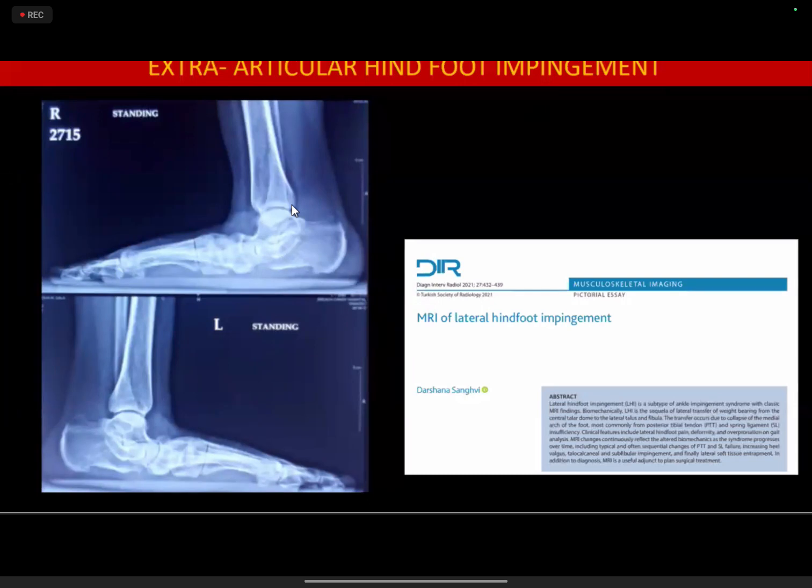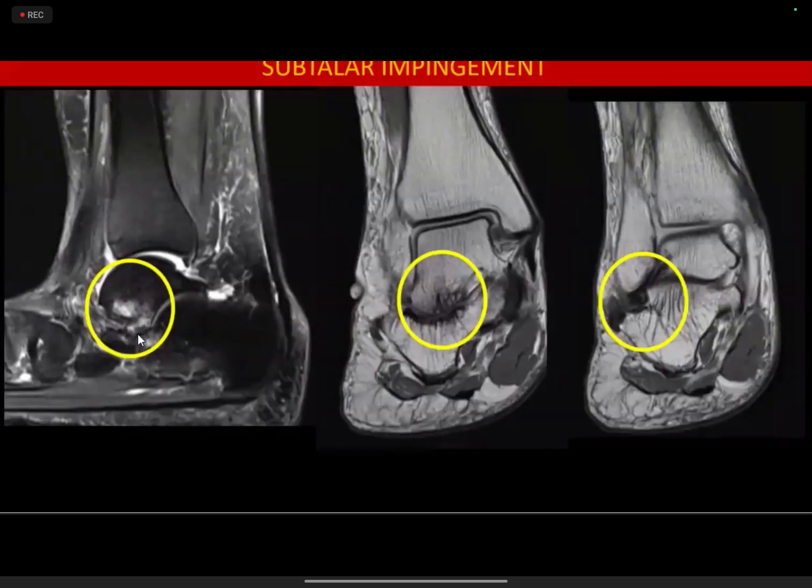So there is subluxation at the talocalcaneal joint. It can occur in symptomatic adults with acquired flat foot. There is lateral translocation of the calcaneus with valgus malalignment, and there is subluxation of the anterior and middle talocalcaneal articular facet rather than the posterior facet. It leads to reduction of the joint space, and there are resultant subchondral cystic changes like this. This was a 59-year-old female who presented with